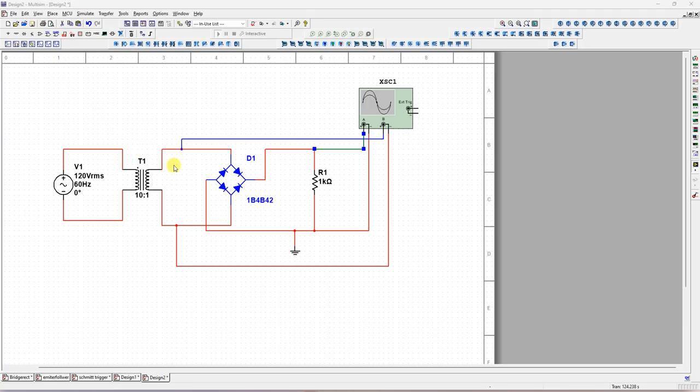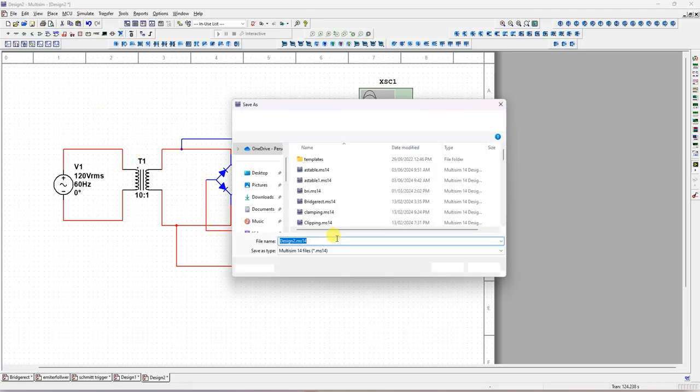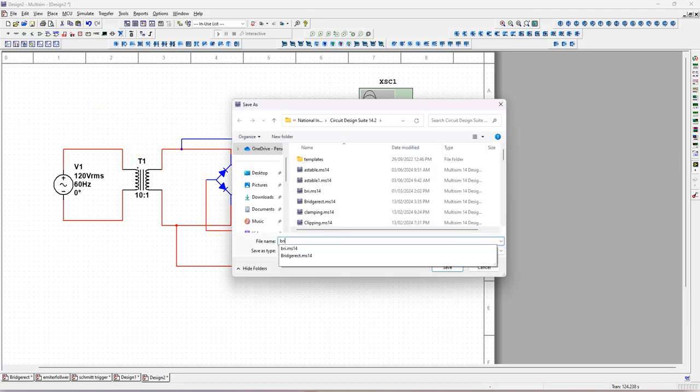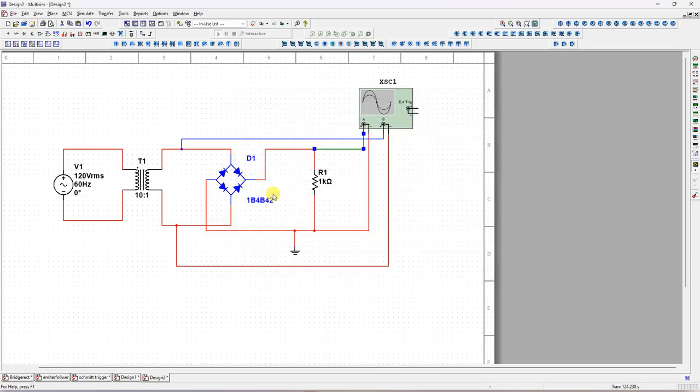We can save this file as bridge rectifier. So I can give the name as bridge rectifier. Now I have not connected any capacitor filter. Let us see what is the output without filter. So now you have to,